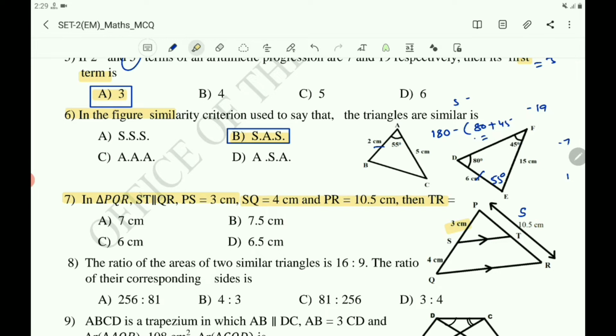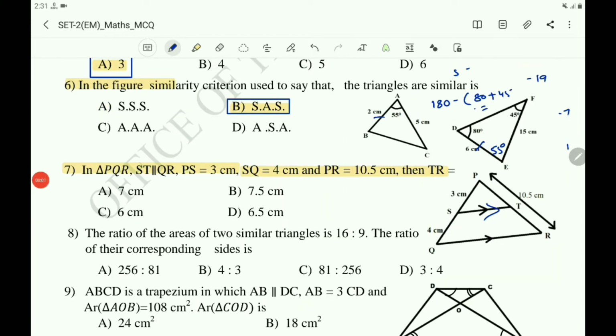PS is 3 and SQ is 4. And then next, this whole PR is given. What do you have to find out? We have to find TR. Here you can get that triangle PST is similar to triangle